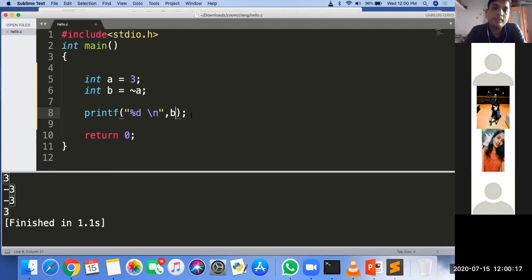Now what is this operator? Negation. Yeah, negation means it is a ones complement operator. So it will be 12, sir. It is 12. Yeah, how come?